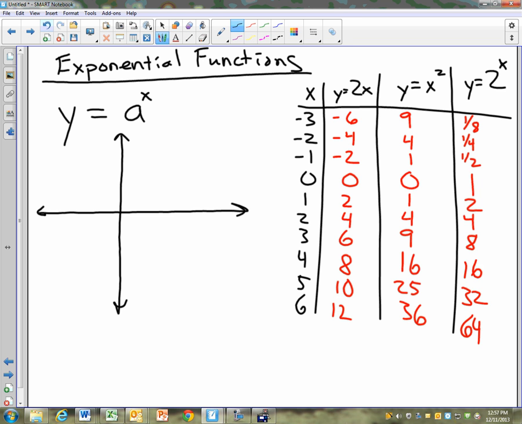Look at these values right here. If we kept on plugging in negative values like negative 10, negative 20, would they ever go below the x-axis? They would never get negative, would they? And they're always getting smaller, closer to the x-axis, closer to a value of 0. These are getting really, really close to 0. So these functions always have what we call a horizontal